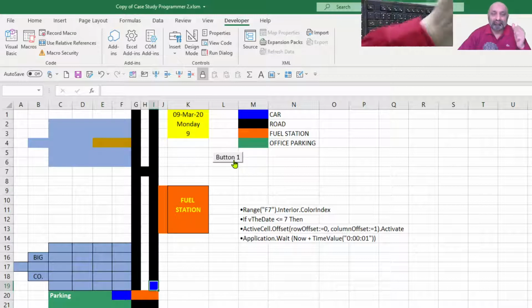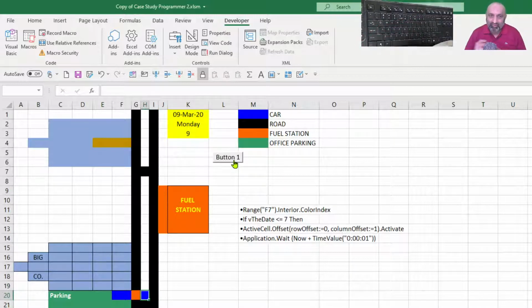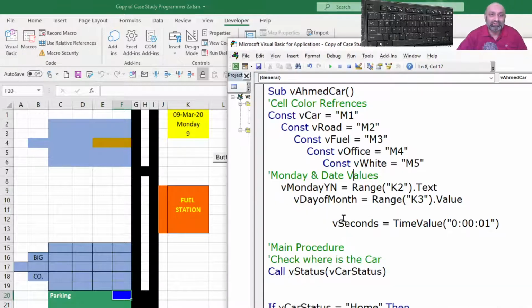So when we use Call to call a macro, it will not only send the values, it will also receive back the values and update the variables. If we don't want our variables to be updated, we will use the word Const before the variable name while we are assigning the first value, so that VBA will know that this value will remain constant and will not change. So this is done.